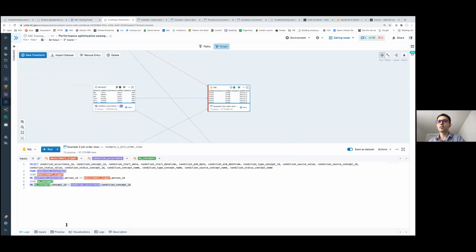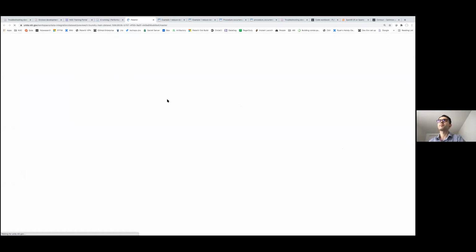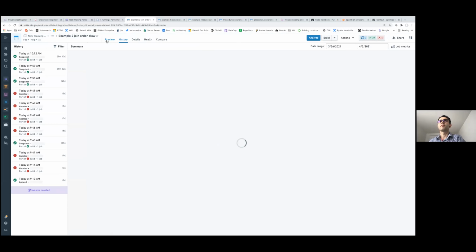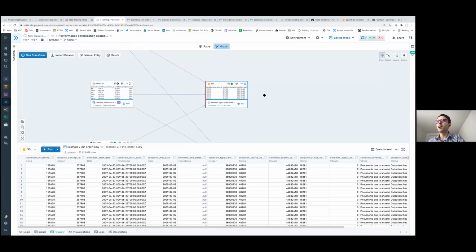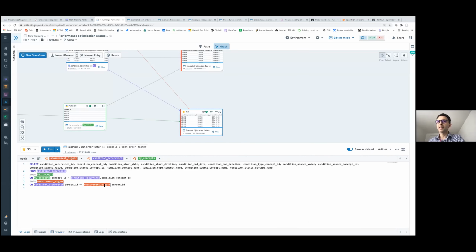Doing things in this order, if we check the runtime, this took about 3 minutes to do these two consecutive inner joins. In this second example here, I'm doing exactly the same thing, but I'm changing the order.